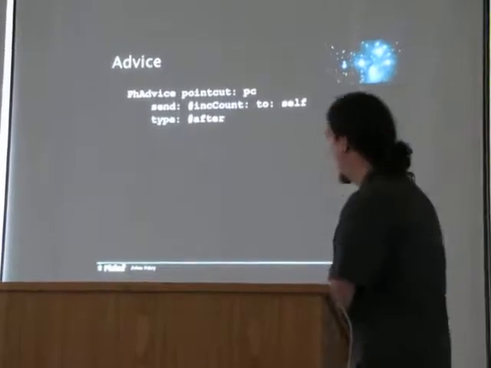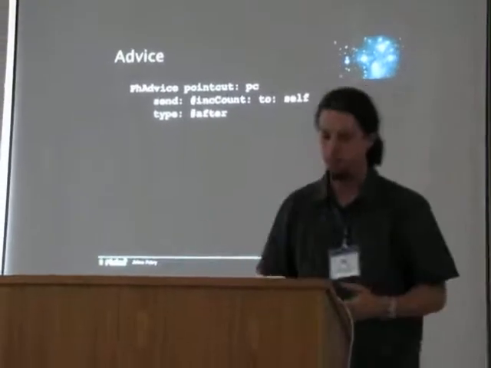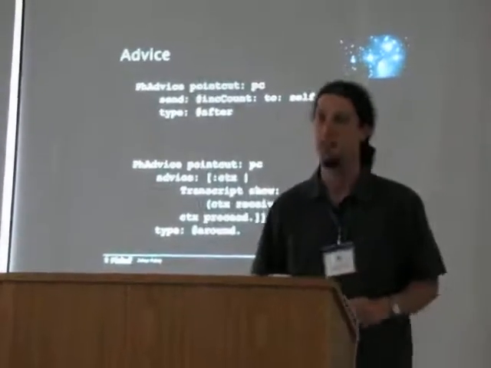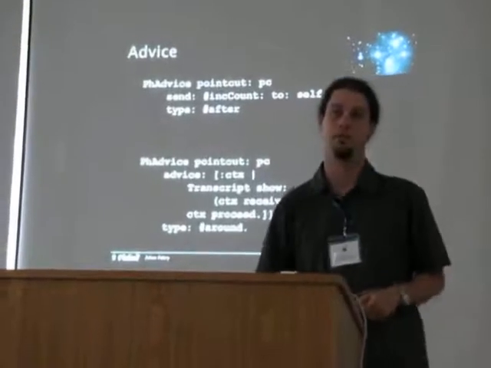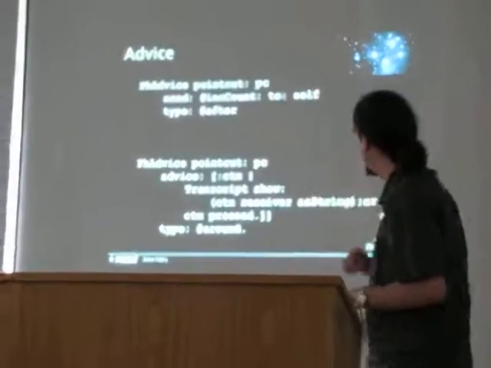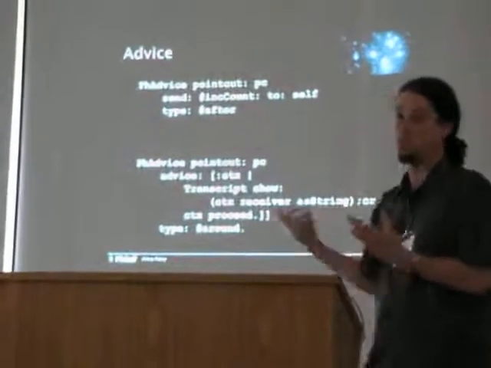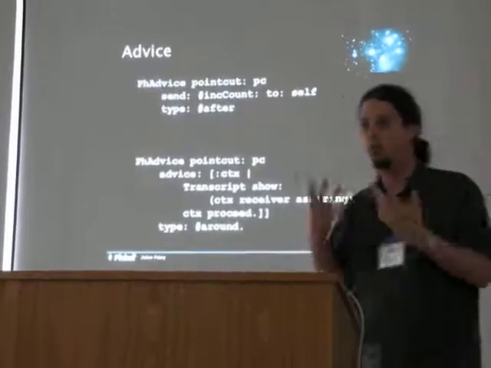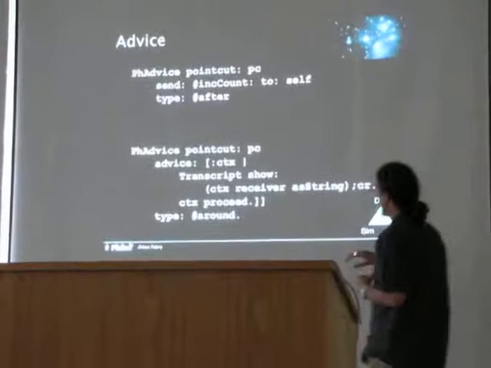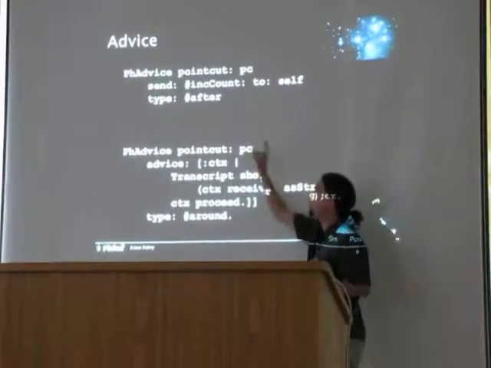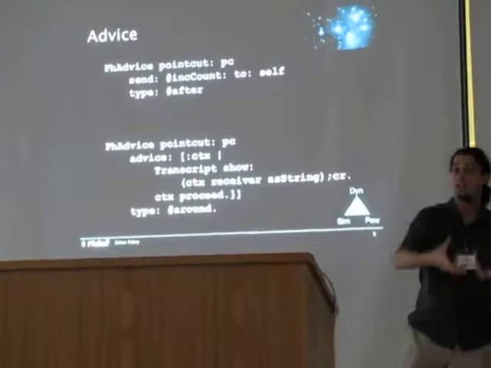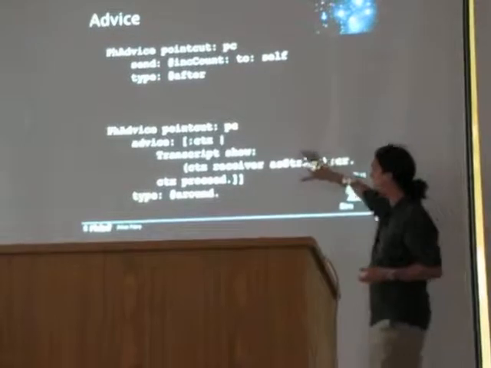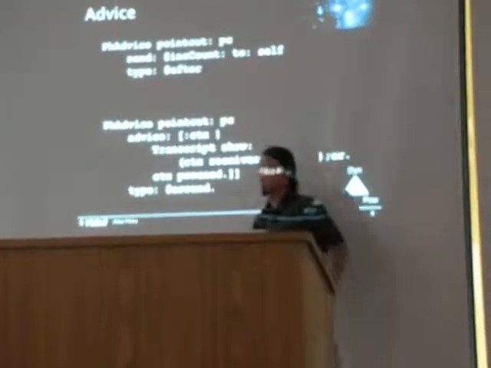I know this is annoying, this can be complicated, so I broke a bit on the principle, and there is a second way. The second way is you give a block. So in this case, when this point happens, around the execution of this point, I want this block to execute. What does this mean, around? Around means that instead of the execution of whatever was specified here, I'm going to replace this execution with what's in here. This block receives one parameter, which is the context.